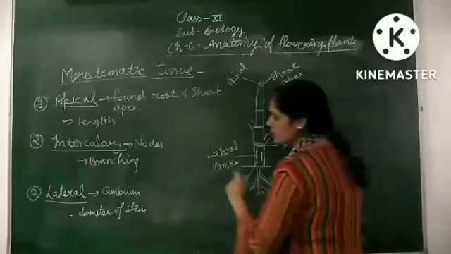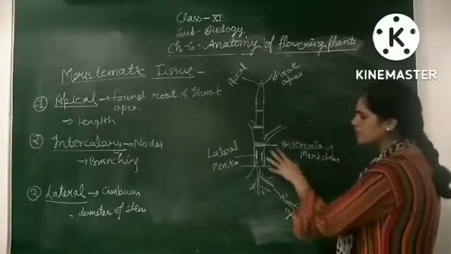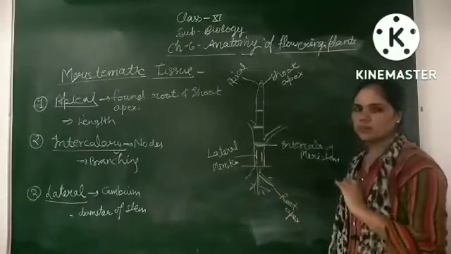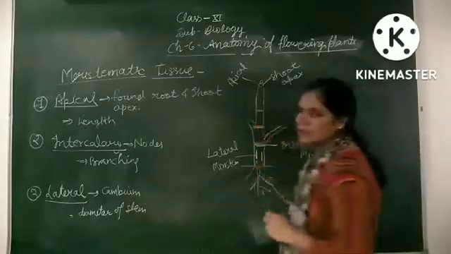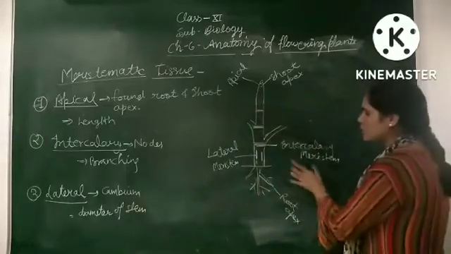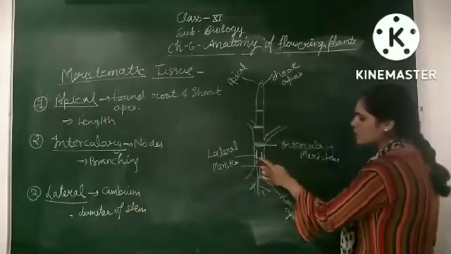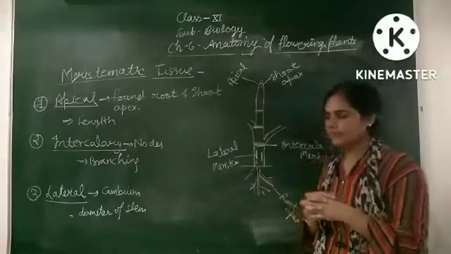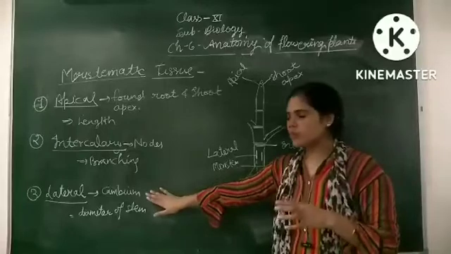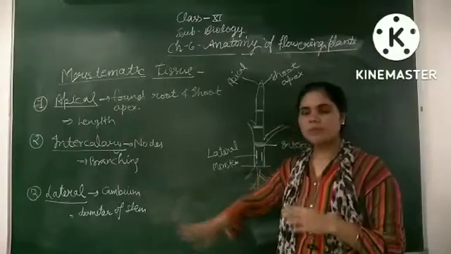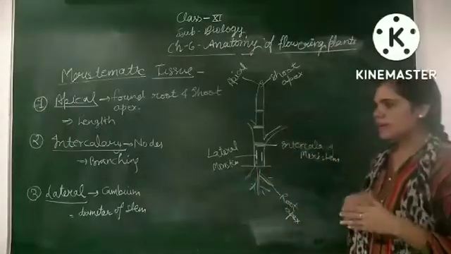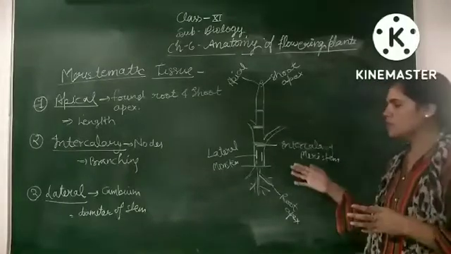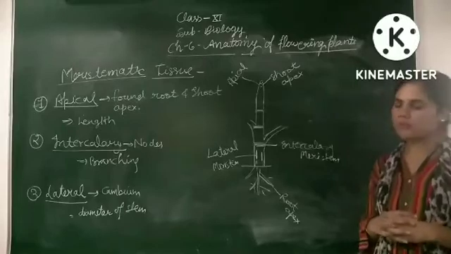Third one is lateral meristem. Lateral meristem is found inside the stem. It is not found inside the roots. So it is only found in the stem, and as you can see here in the lateral part, it helps in the growth of the diameter of the stem. Lateral meristem in the stem is also known as cambium. With the help of the cambium, or lateral meristem, secondary growth occurs inside the plants. So basically it is only found in dicot plants.